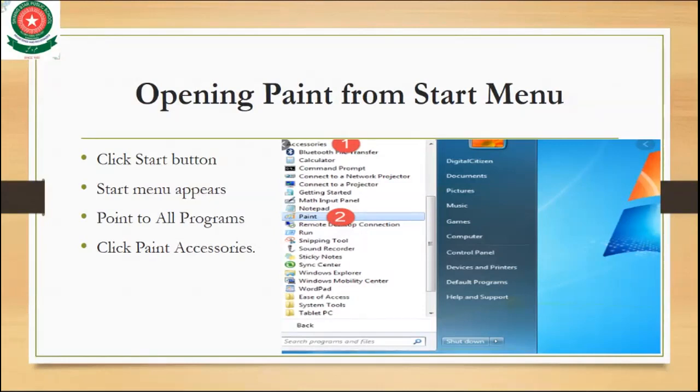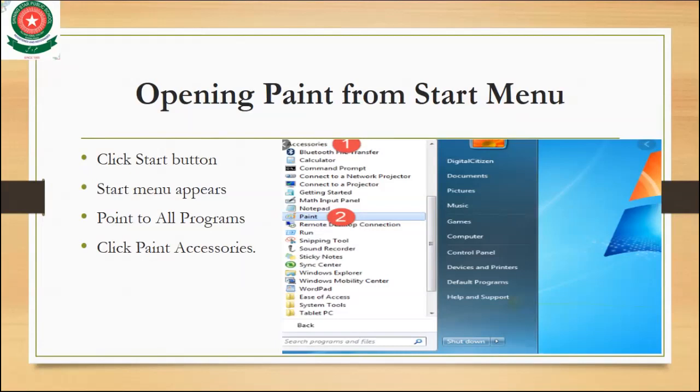When the start menu appears, you point to all programs, and then you click accessories. In an easy way, first of all, you click the start button. When you click the start button, a start menu screen will appear.